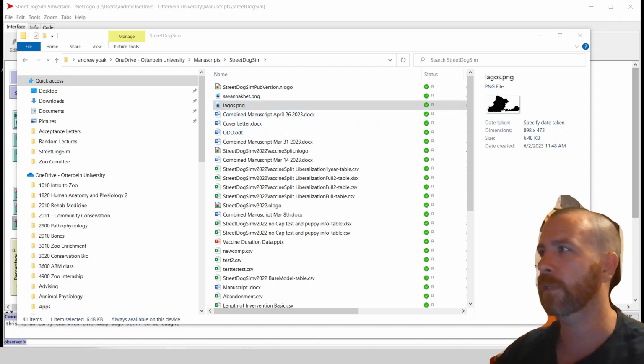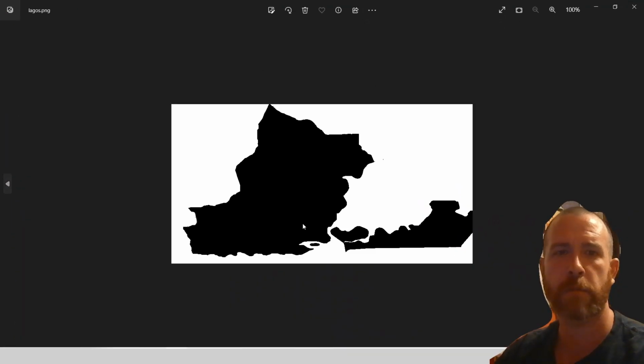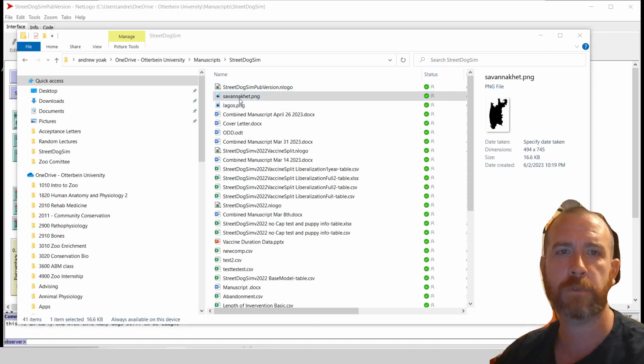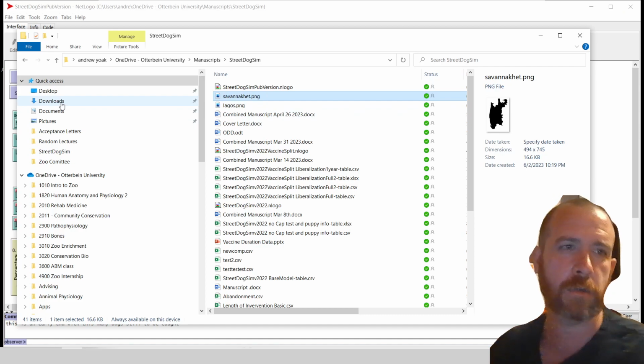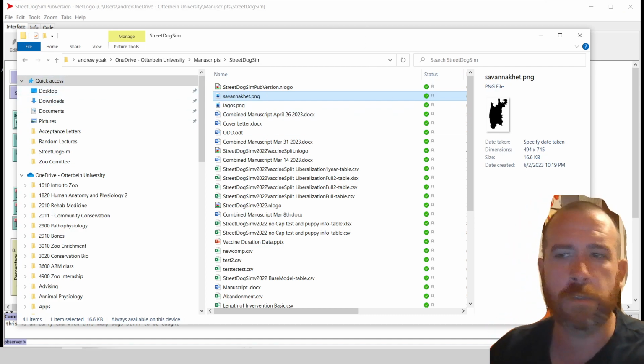So here's what I've done for Lagos. I've made a little map of Lagos. Here's what I've done for Savannah Ket, right? So this is the model that's actually importing the shadow of the city. And I'll go to my desktop